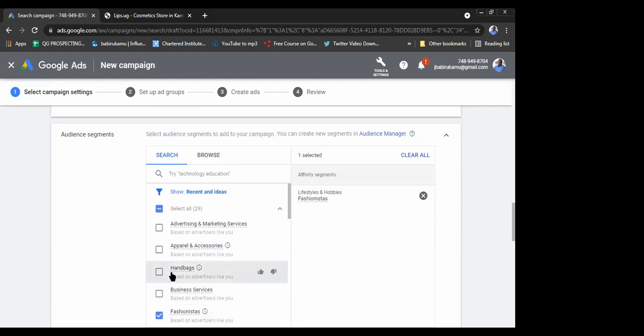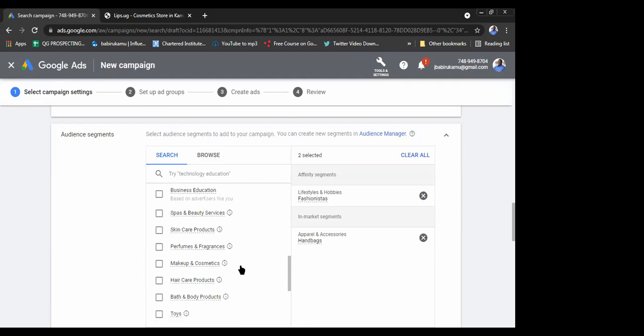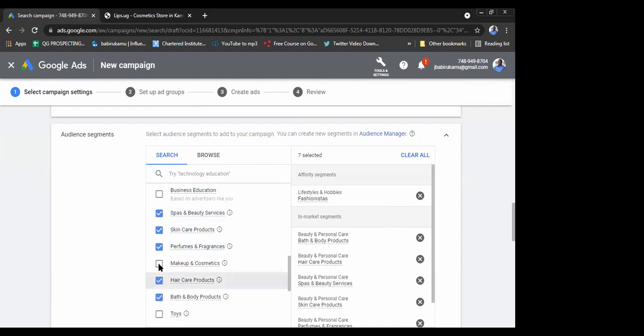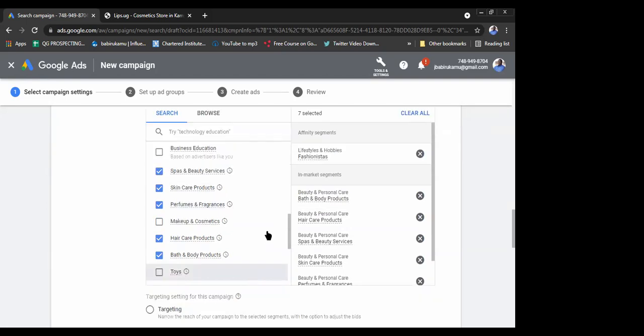Maybe you want to target people who, let me just see, people who like perfumes and fragrance, people who like skincare, people who like spas and beauty services, people who like hair products, bath products. So that way I'm going to target all these people, okay? But also, mothers also look for toys, okay? So because mothers look for toys, I'm also going to add toys. So you have to be very specific in what these ladies might like, not just the products that they might